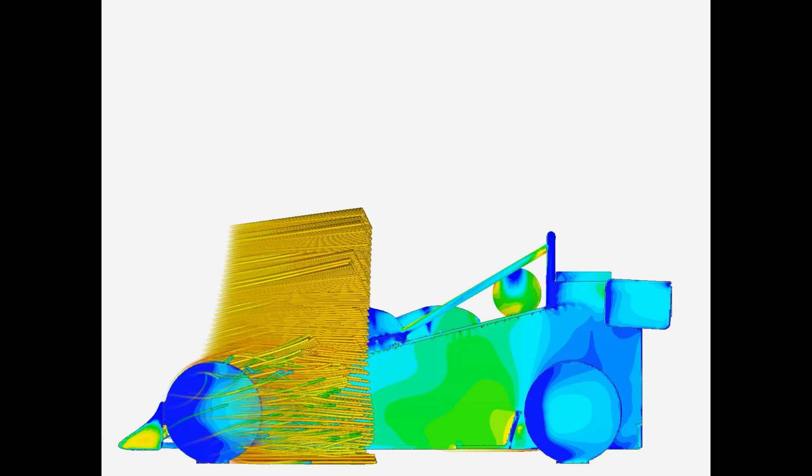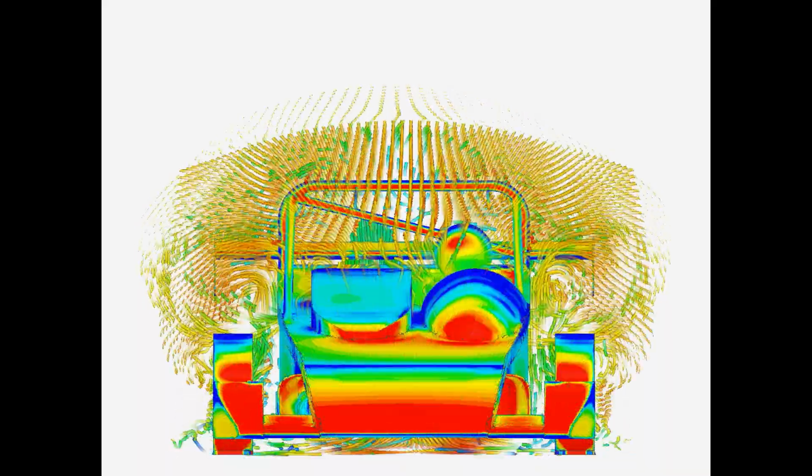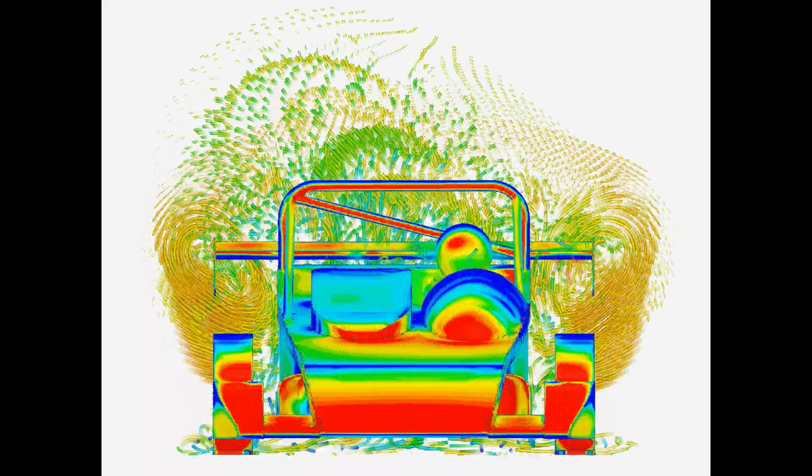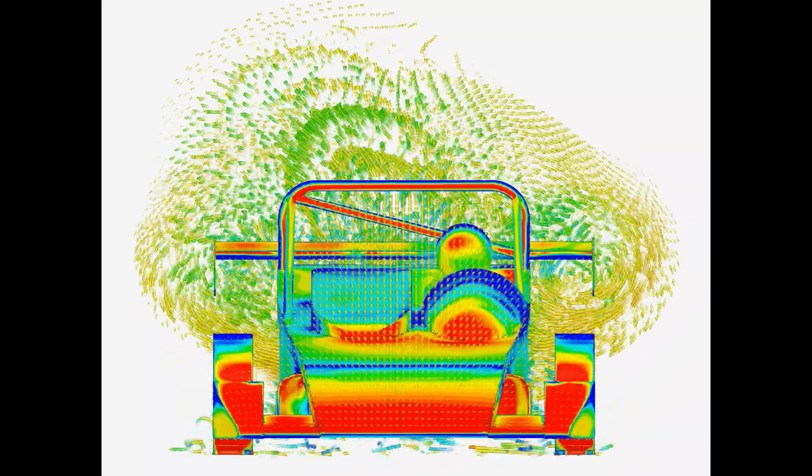The velocity flow front to back of the car is perhaps hard to interpret, but looking at it from the front, the vortices become apparent. There is some flow at the front from the outside flowing in under the floor. The rear vortices, the spiraling vortices at the back, are what you'd expect as the air goes from high pressure